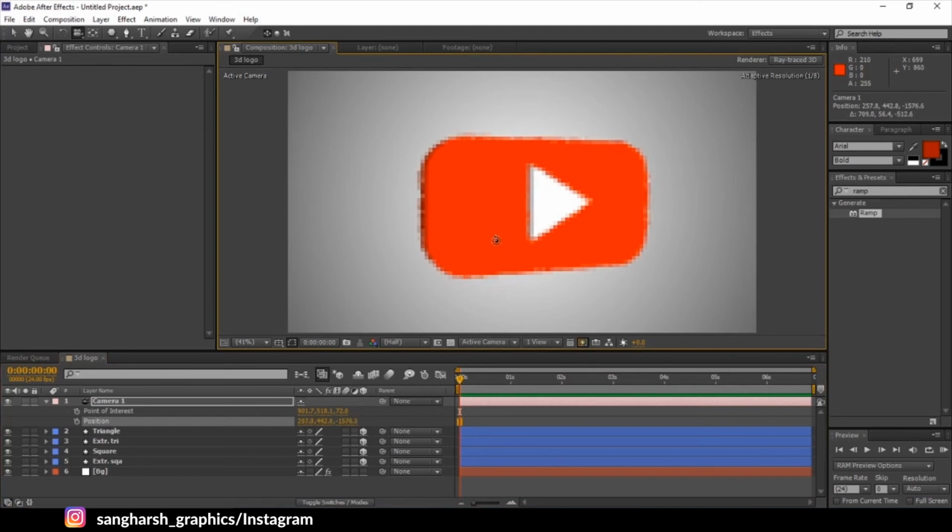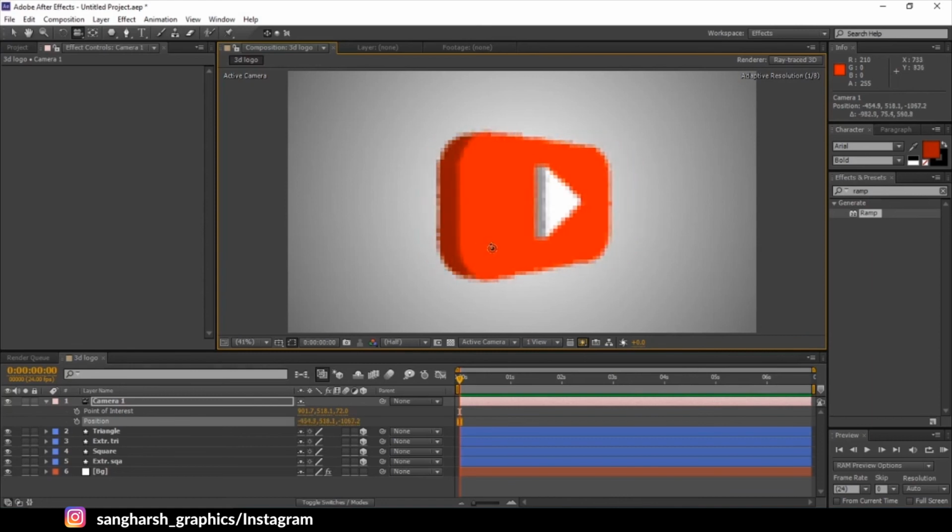You can see the position value changes, and if you pan it, the point of interest value changes. The shortcut for position is P and the shortcut for point of interest is A. If you want to get two properties at the same time, just press the first shortcut, and for the second shortcut hold Shift and press the corresponding key.